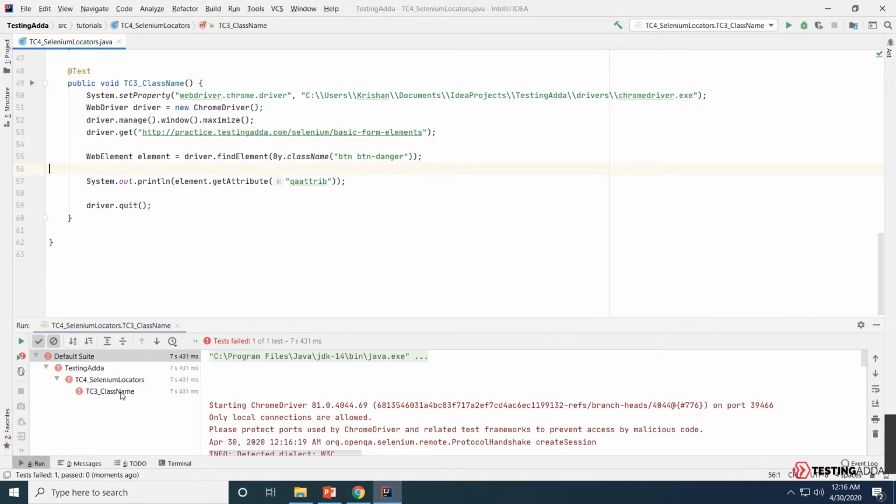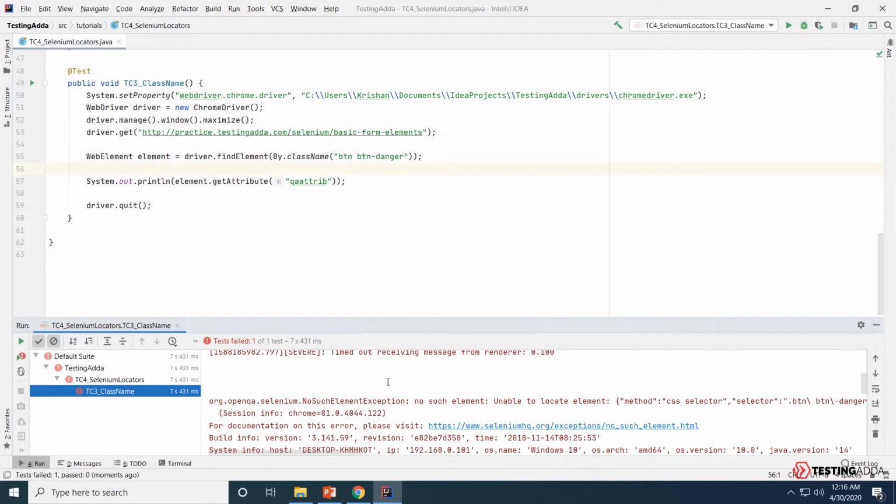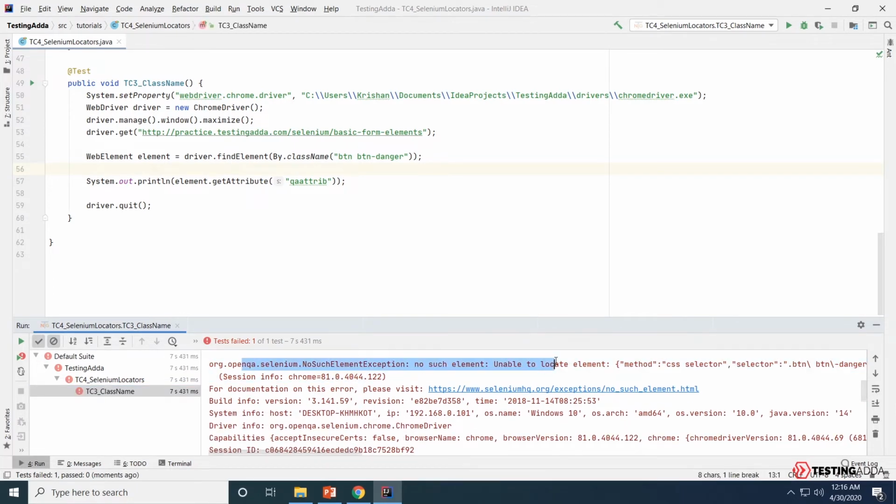Here we can see one test case failed, having no such element error. This is because Selenium locator doesn't locate elements with multiple classes together. In our case, there are two classes, btn and btn-danger.